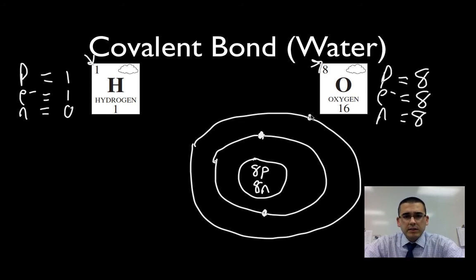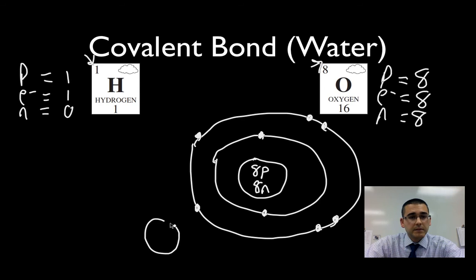So I'm going to draw these in a slightly different position from where we have drawn them in the past, and you'll see why in a moment. And I'm just going to draw 1 over here and 1 over here, and I'm not going to draw those last 2 in pairs. You'll see why. Now, there's 2 hydrogens to draw, and the reason why water needs 2 hydrogens is because, look, oxygen has 2 places where it wants to share electrons, and you'll see how this works very shortly. The nucleus of a hydrogen is just 1 proton. That's very simple.